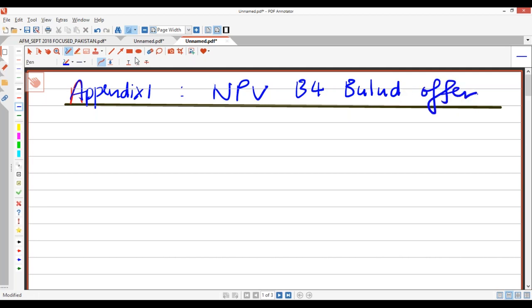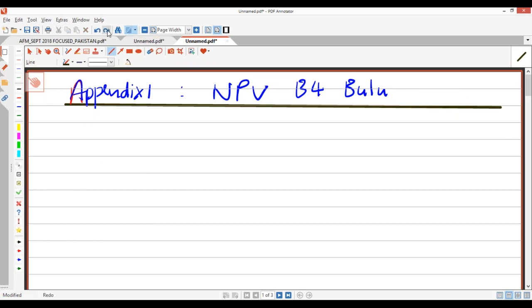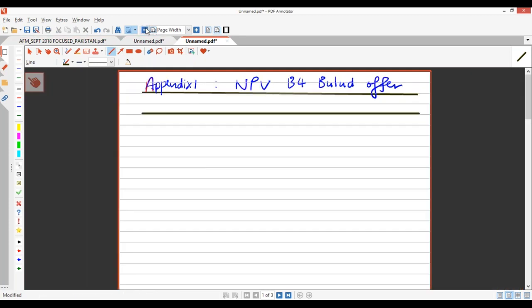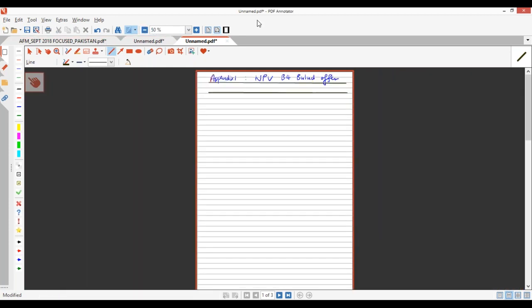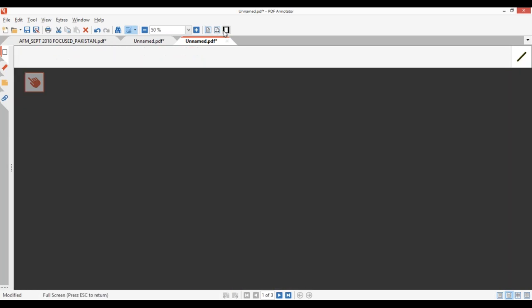Keep it simple. Then you're going to have lines to draw, and you're going to have 5 years of lines to draw. This is investment appraisal, foreign investment. Most probably you're going to use up the whole thing. Most probably 1, 2, 3, 4, 5.